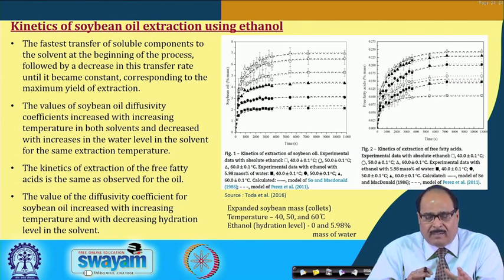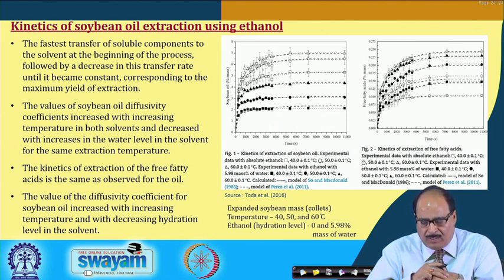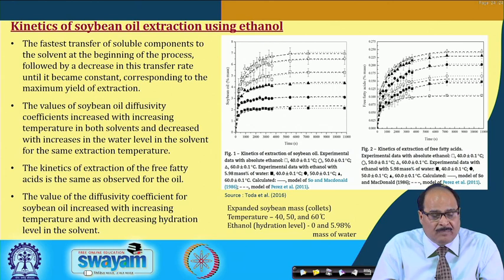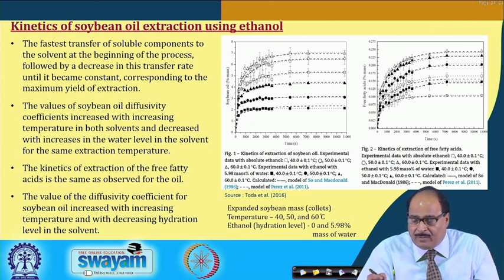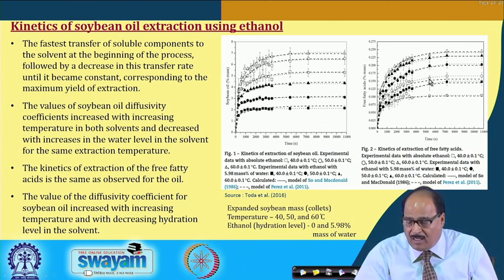So, this is the kinetics of soybean oil extraction using ethanol, which has been explained by a few researchers. They studied expanded soybean mass, collates; the temperatures studied were 40, 50 and 60 degrees Celsius. The ethanol system was used with 0 or with 5.98% mass of water, and the results, which you can see in these figures, show the kinetics of the extraction of free fatty acids